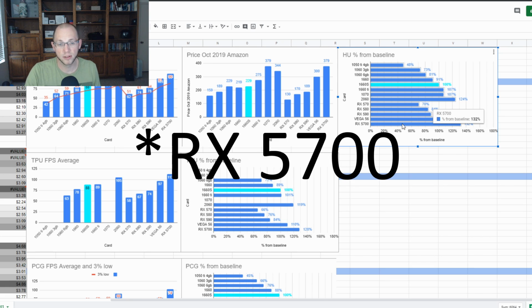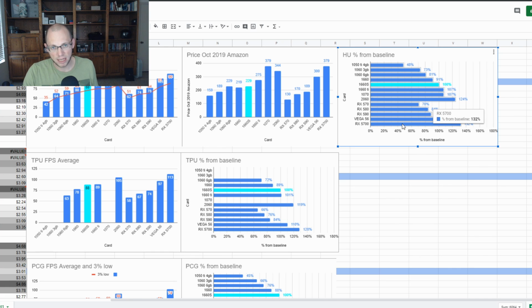And the RX 5700 is going to continue to be the clear winner, maybe even get the XT version, until two things happen. One, Nvidia comes out with their new Ampere cards, which are coming, and they are on a new process node. So we will be looking at 7 nanometers with Nvidia come next year sometime. We don't know when they're going to come out, but when they do, you can pretty much bet that they're going to be doing pretty well. They might cost a lot. I mean, that all remains to be seen. So if you're the waiting type and you want to wait, definitely wait for Nvidia to release their 7 nanometer cards. But if you want to get a card now, between now and Christmas,